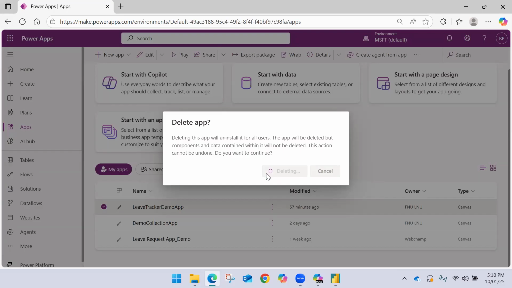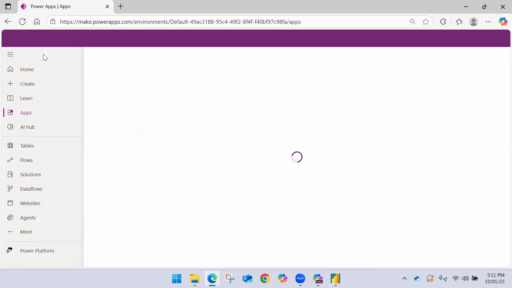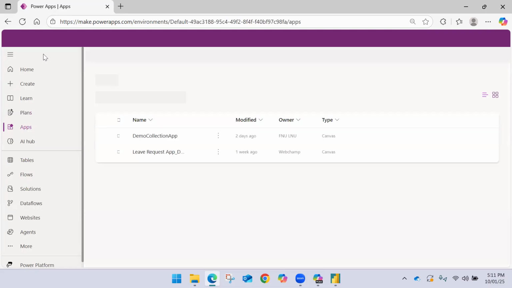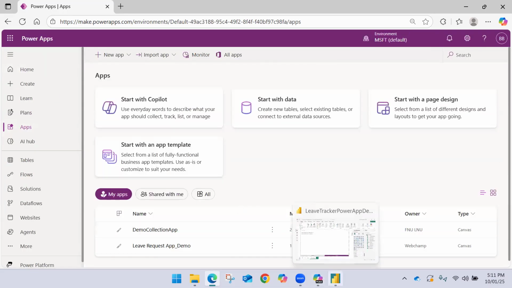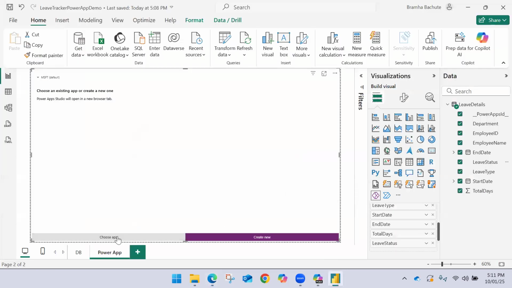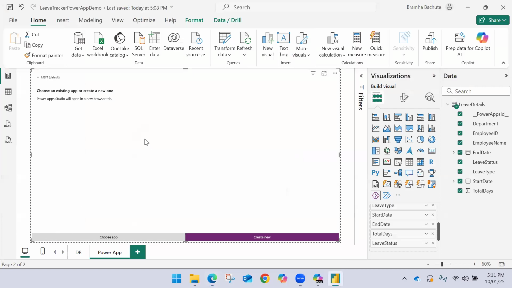Instead of that, the new application which I created just now should be reflected here. Sometimes it takes a couple of minutes, sometimes it will be very quick, right? And if I go, I created one application. Now if I select the choose from app, okay, still it is not showing here. So let me go back, and